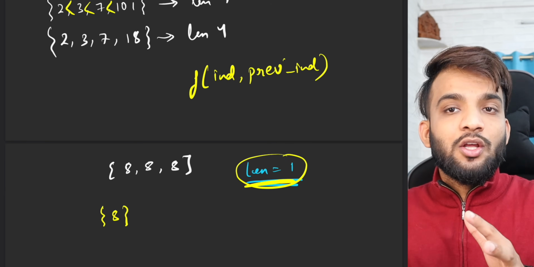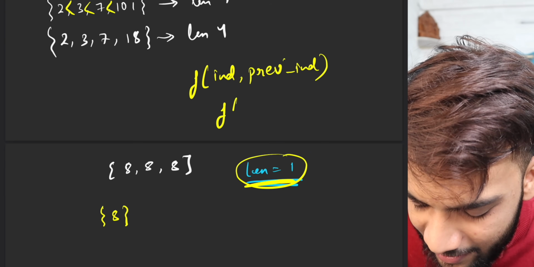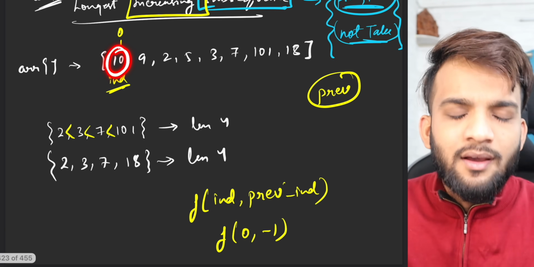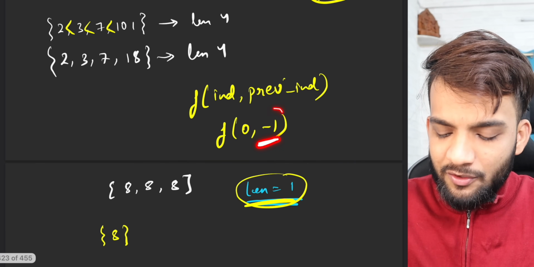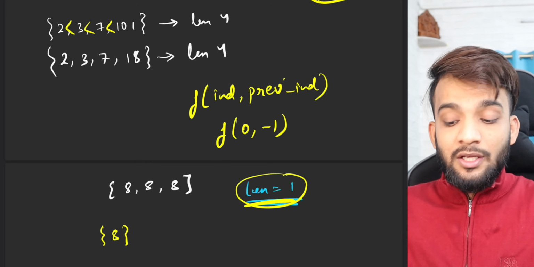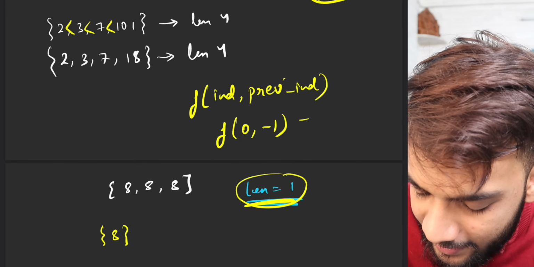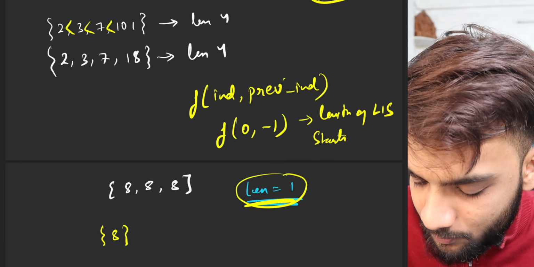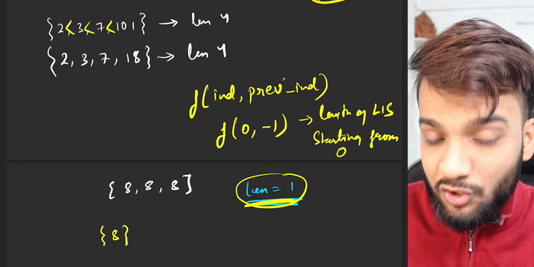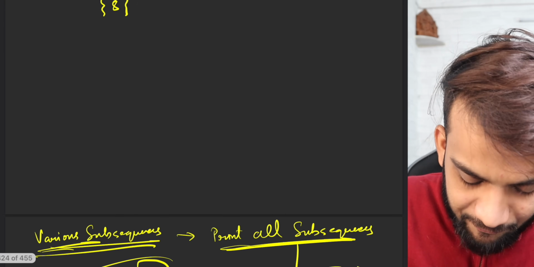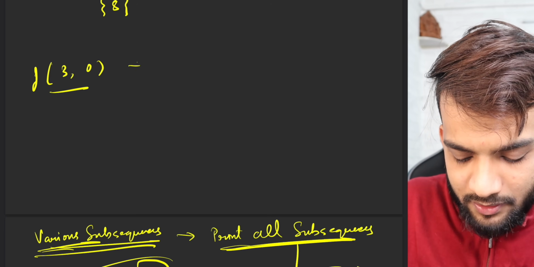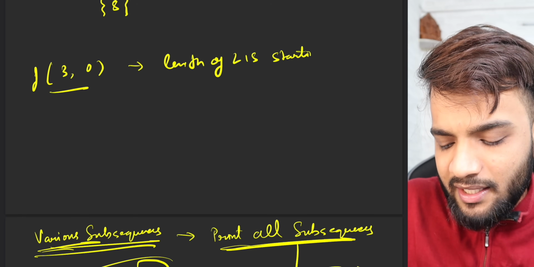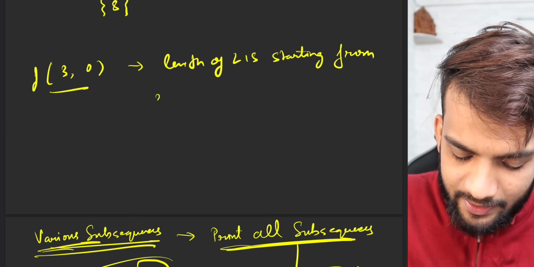Initially when you're starting off, you can say f of 0 comma minus 1. Basically 0 is the first guy, and since he's the first guy, there is no previous index as such, so I can mark it as minus 1. This means give me the length of LIS starting from 0 with no previous element. If I write f of 3 comma 0, this means the length of LIS starting from the third index